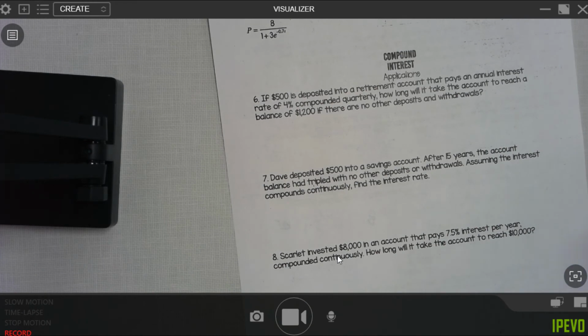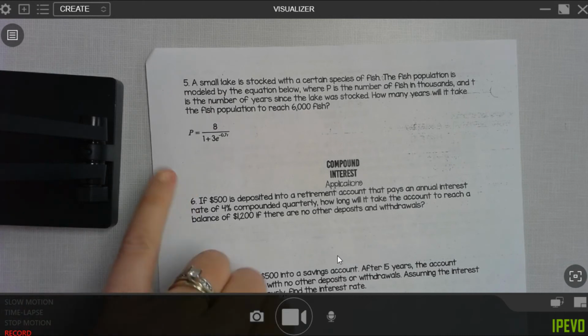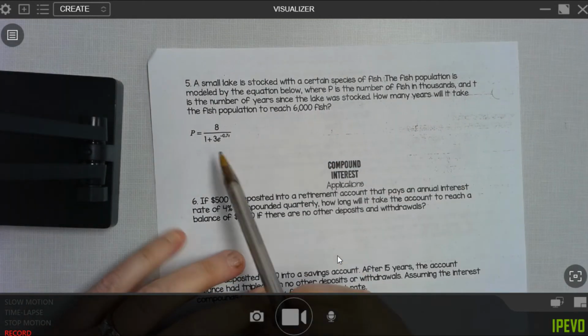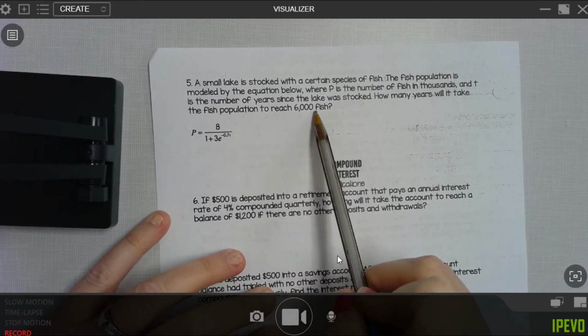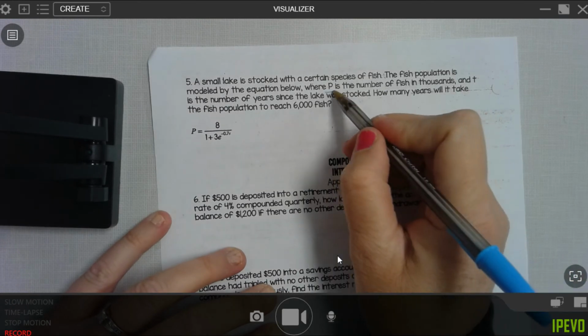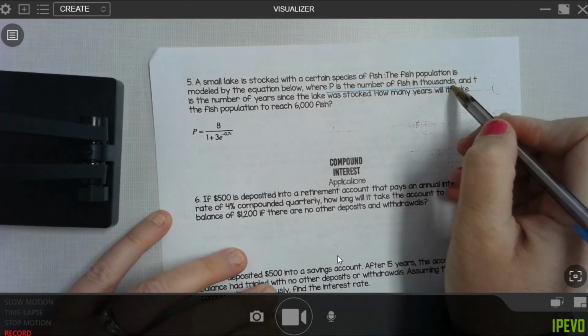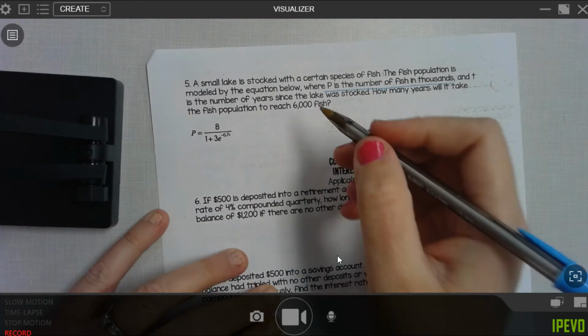So same thing on the backup here. This is the same, but where you want to know, all right, let's see. So there's 6,000 fish, but it tells you right here that P is in the number of thousands. So instead of picking 6,000, you're just going to put 6 because P is already in thousands. So we're going to say,